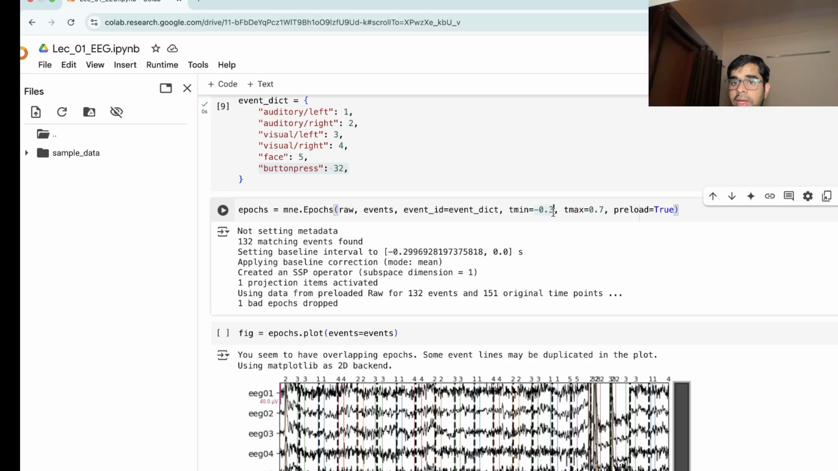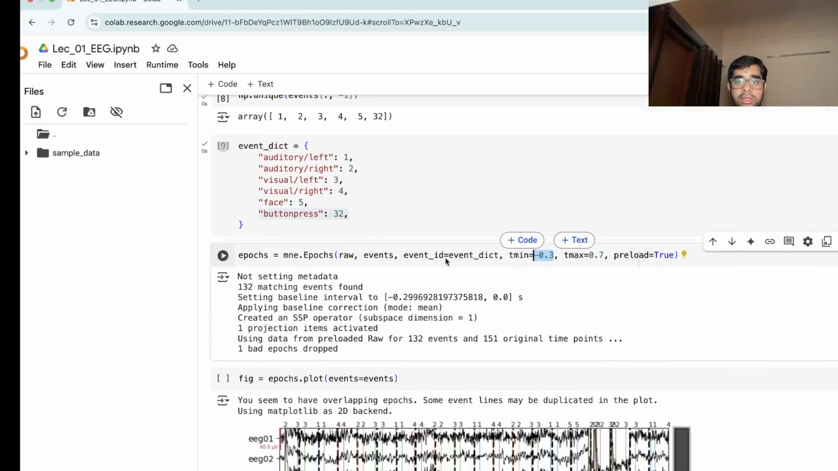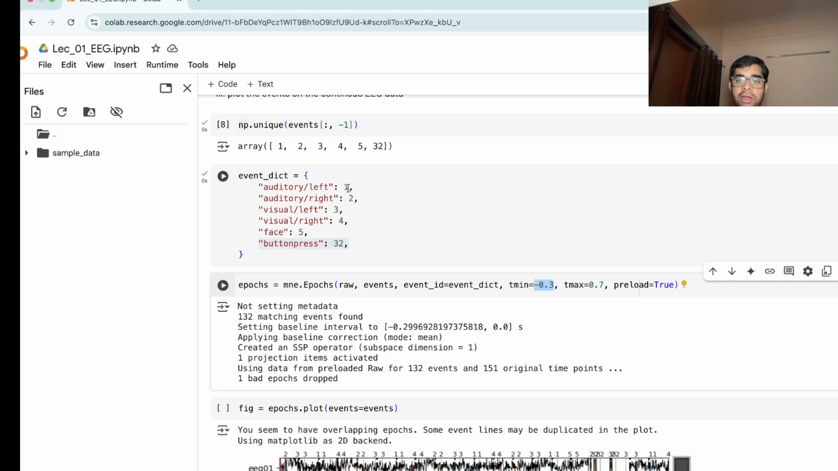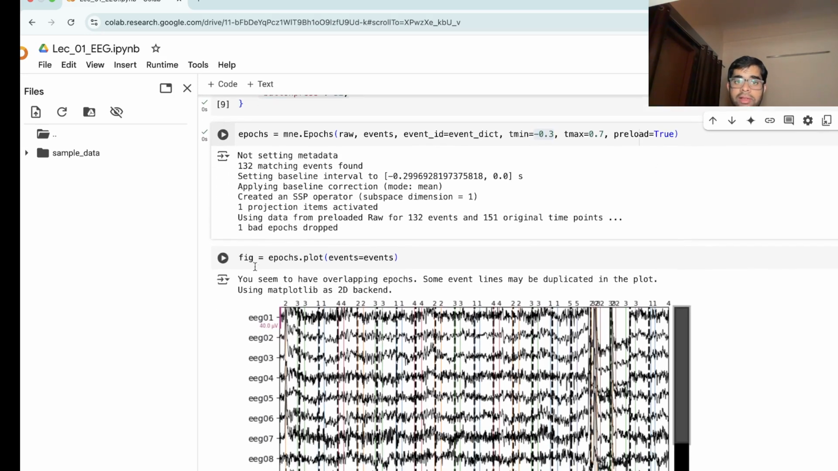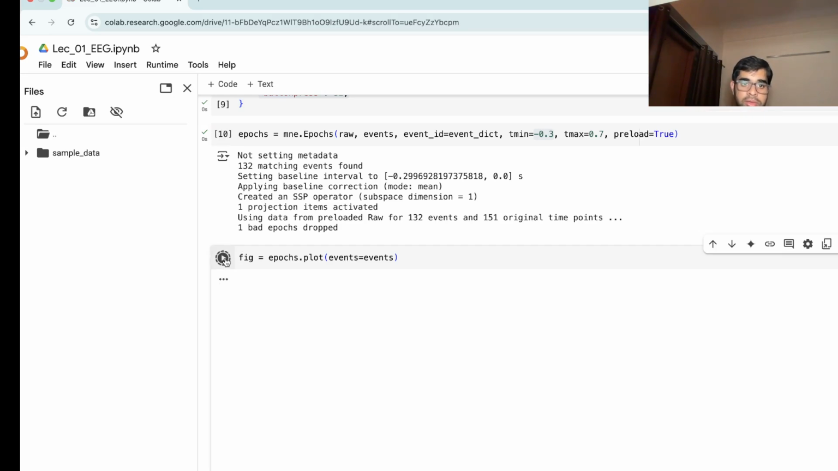So minus 0.3 is going 300 milliseconds before the event of interest. Here our interest is all the events. So for each event we take 300 milliseconds before and 700 milliseconds after. Okay, and when I run this, it will just epoch the data. Now what we'll see is epochs.plot on the continuous EEG data, it plots these events. So if you run this epochs.plot,